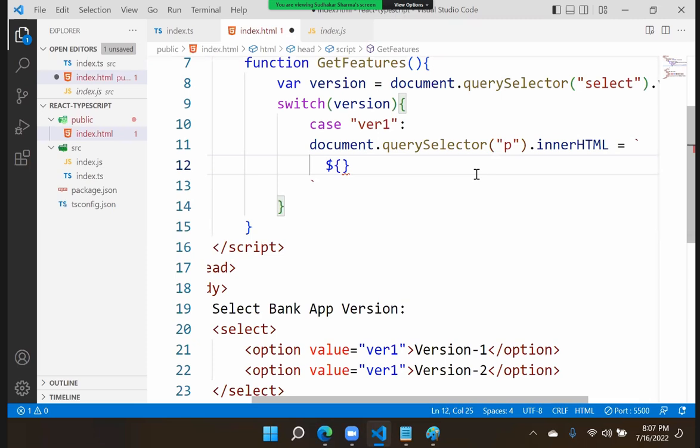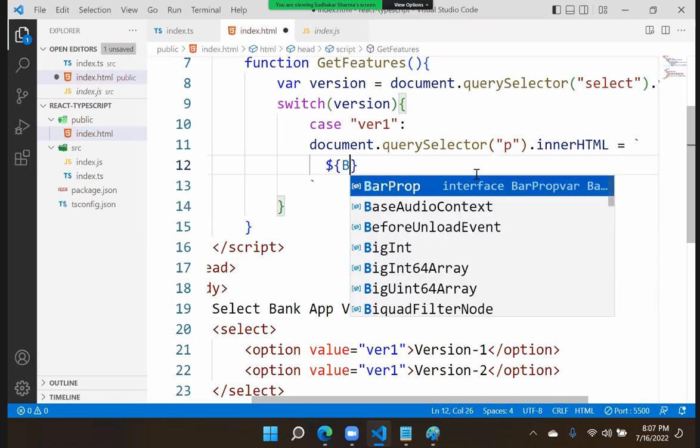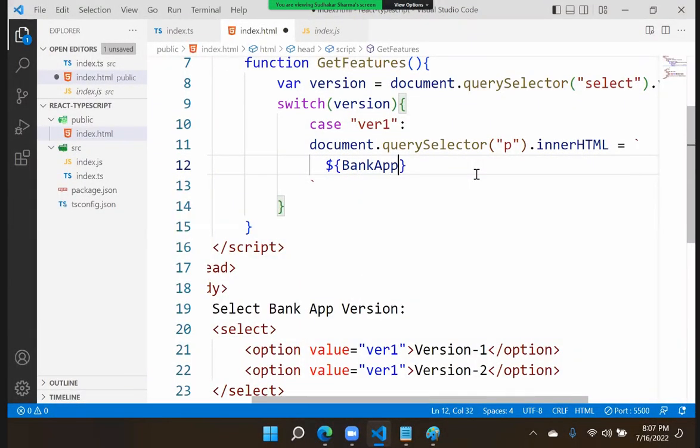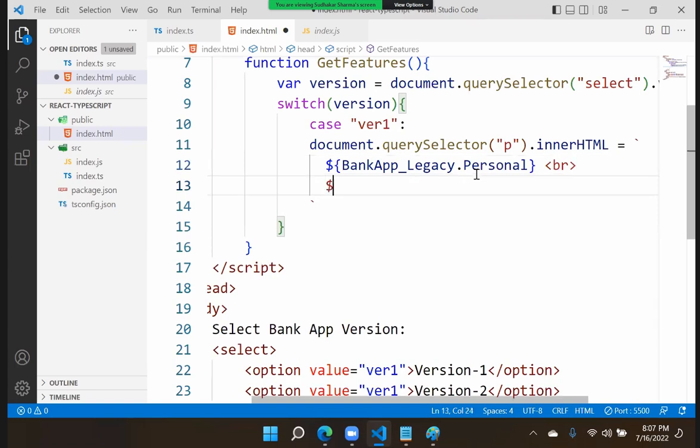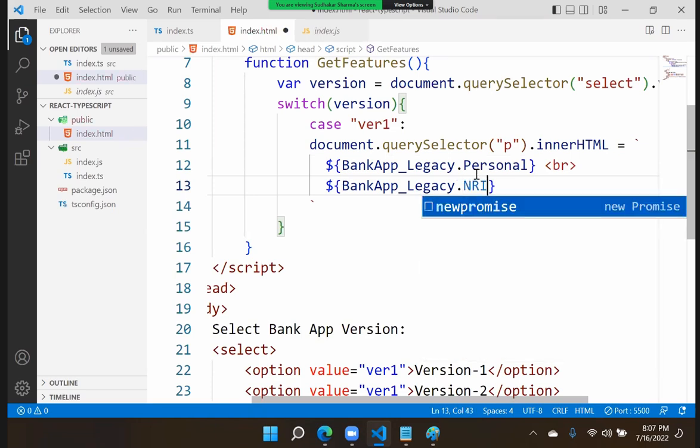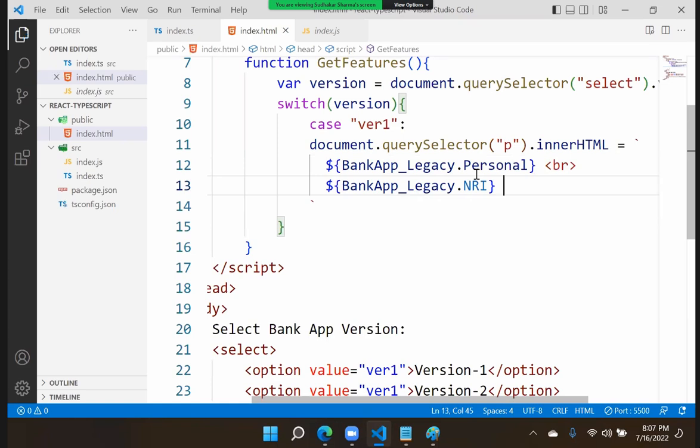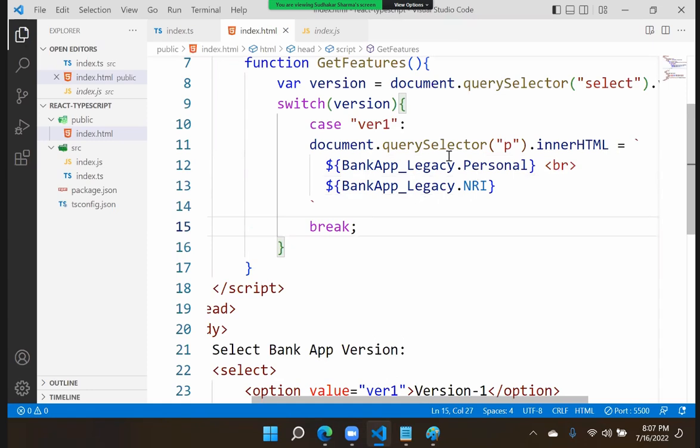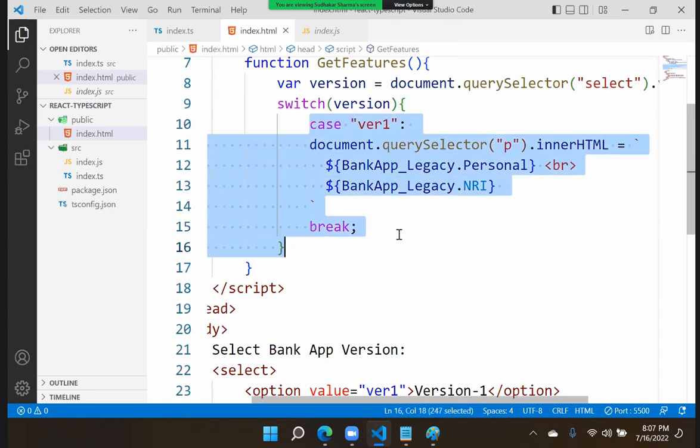What are there? That means this is version 1. Version 1 means bank app underscore legacy dot personal. That is 1. In the next line, I want to print bank app legacy dot NRI. These two features are there inside it. That is, and break. And similarly, if it is version 2,